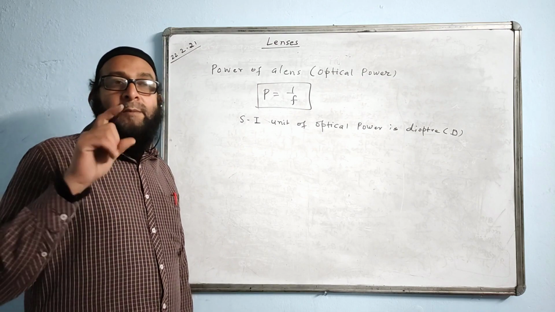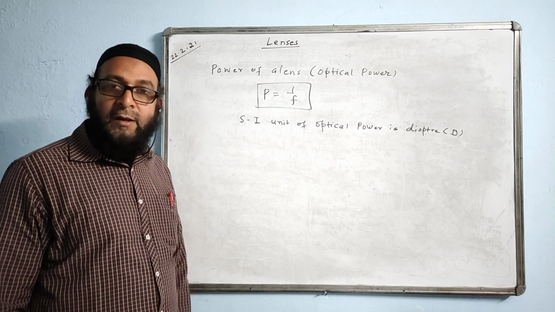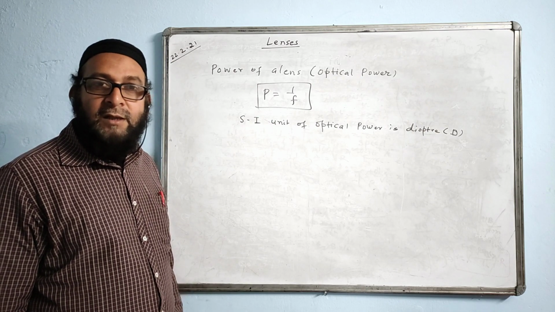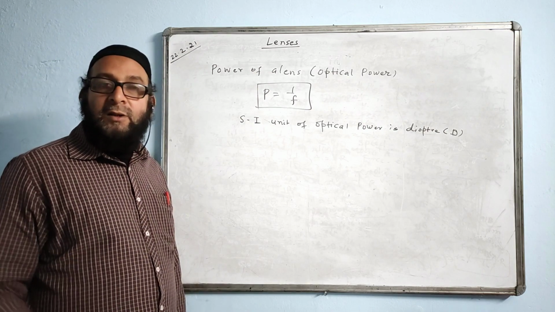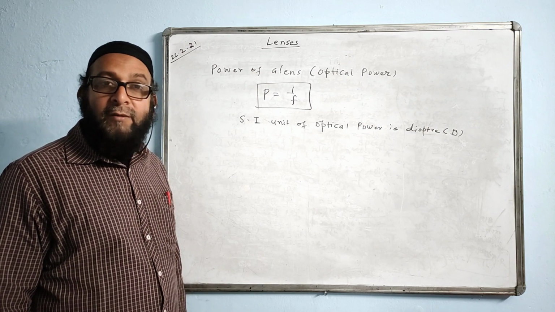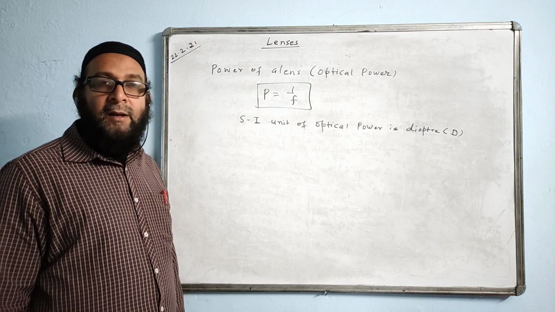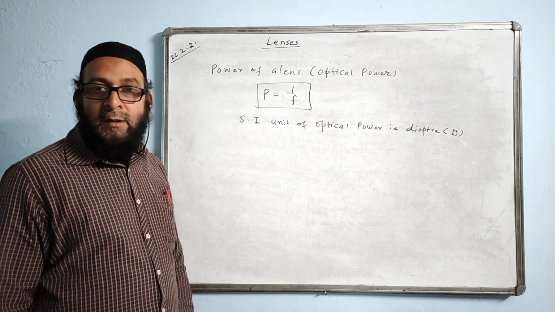When a lens is immersed in water from air, will the power of the lens change? Answer is yes, it will change. Power will decrease or increase? We say power will decrease because water is a denser medium than air. In the denser medium, power decreases but the focal length increases.